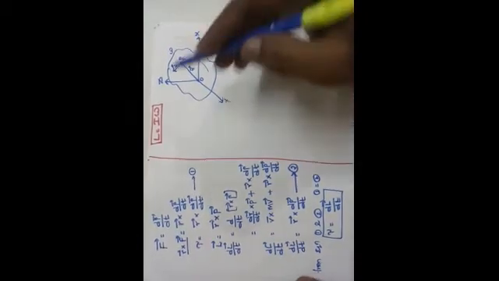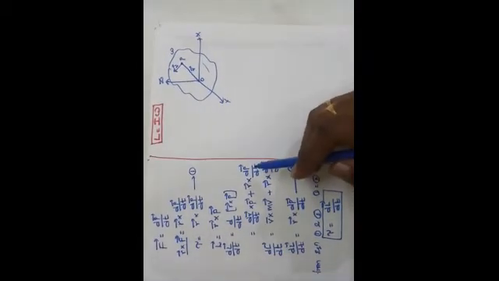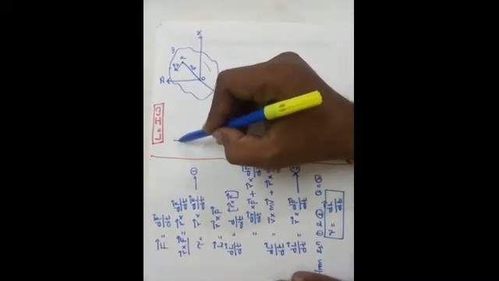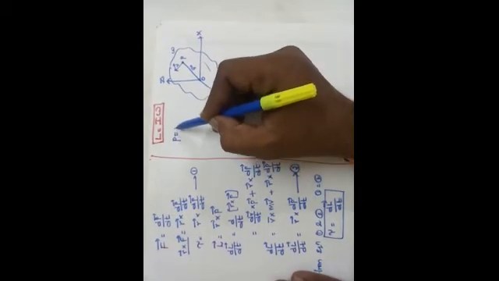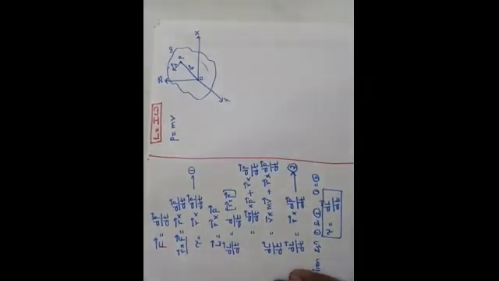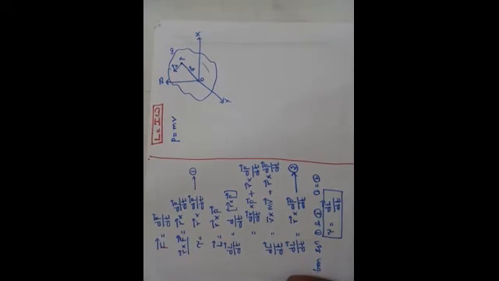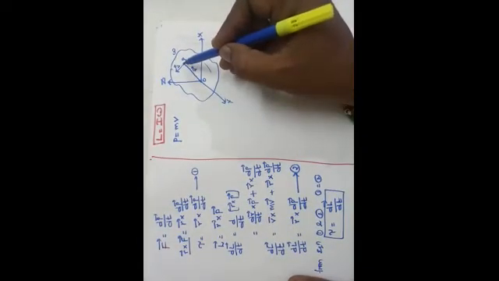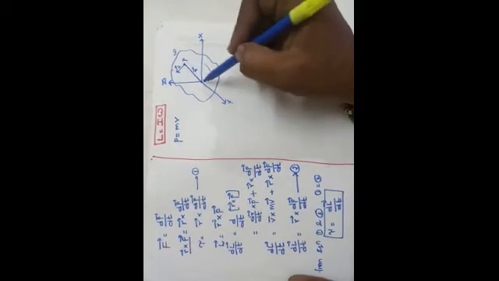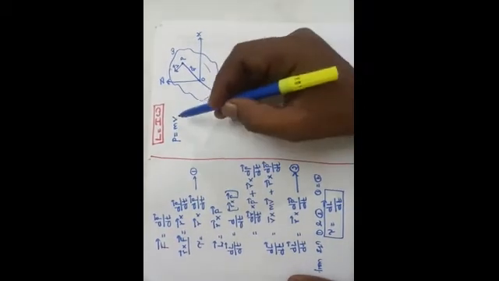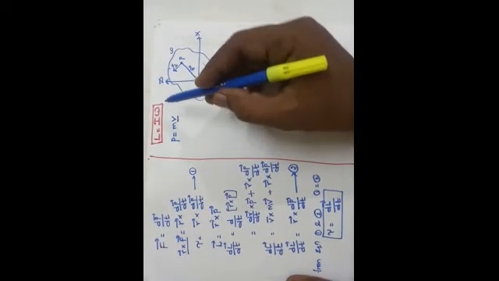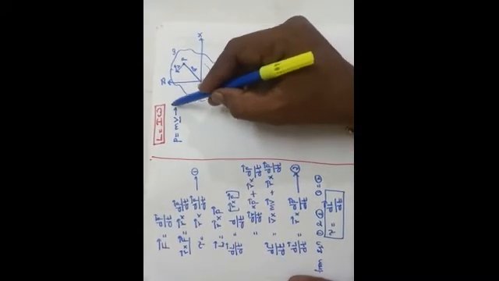Now see what I am doing. How can I establish this relation? Initially, linear momentum. How can we write linear momentum? Linear momentum P can be written as mv, where m is the mass of the particle and v is the linear velocity, which is exactly perpendicular to the OP vector. P equal to mv. Assume this is equation 1.